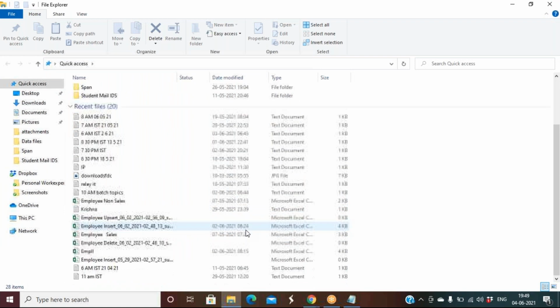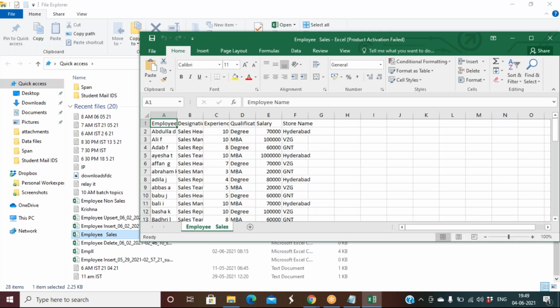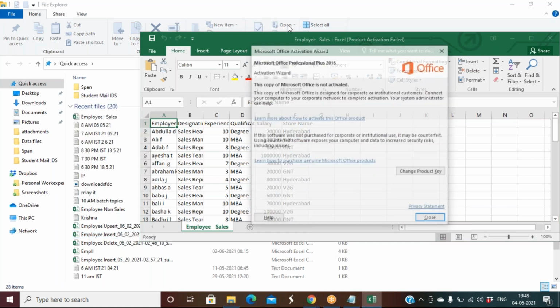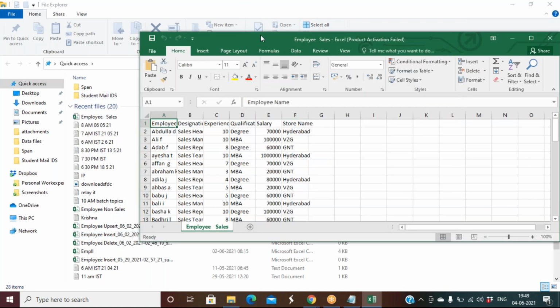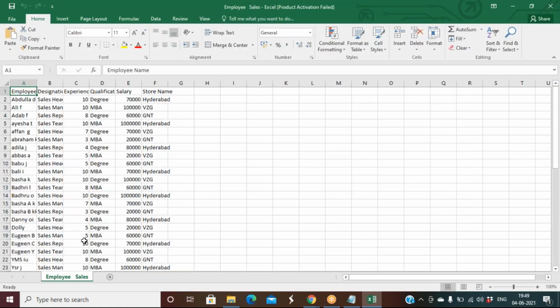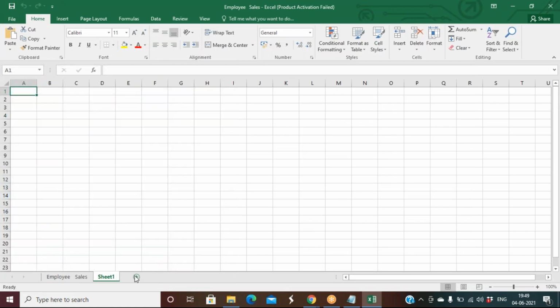Now I'll try to explain in very common language. Let's say you run a company. You don't have any software, but you maintain everything in Excel. Consider Excel as one database for you. In Excel, you will maintain different sheets, N number of sheets: sheet 1, sheet 2, sheet 3, sheet 4.